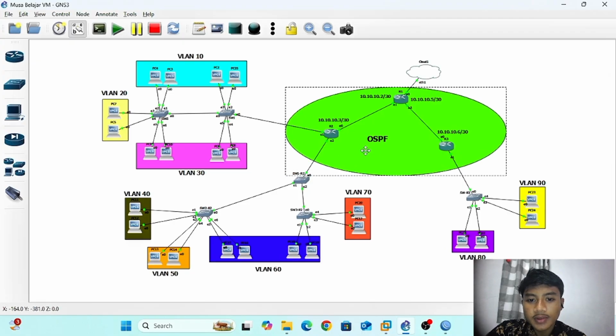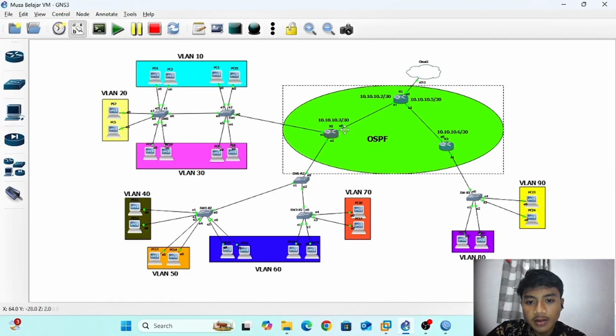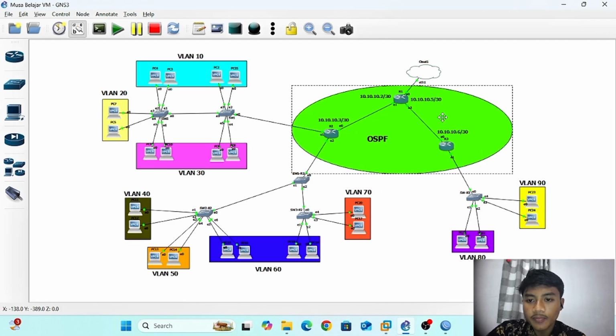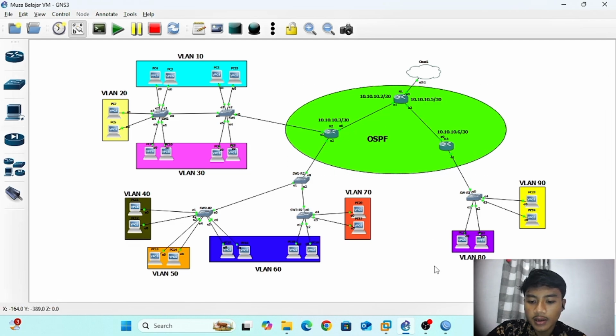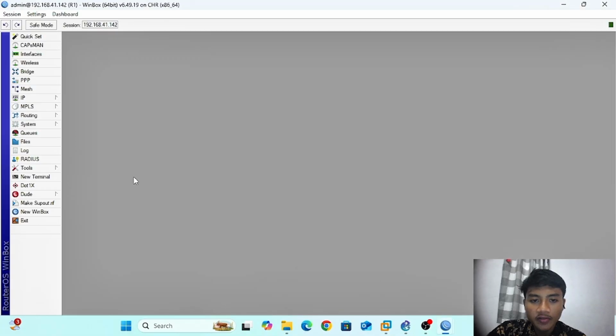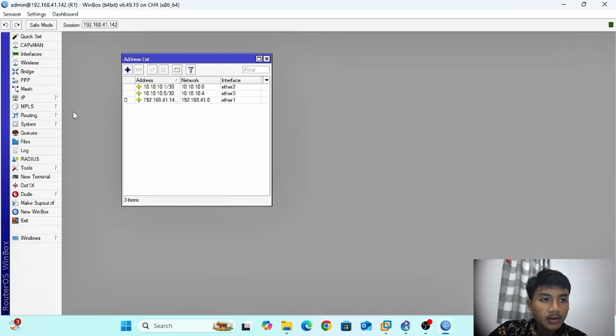Okay guys, in this case, I will configure IP like the topology, and I have entered IP in router 1. I'm entering IP at ether 2 and ether 3 because in ether 1 I use DHCP client from cloud.